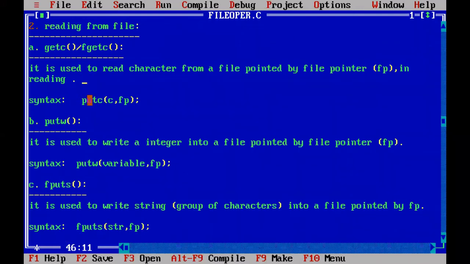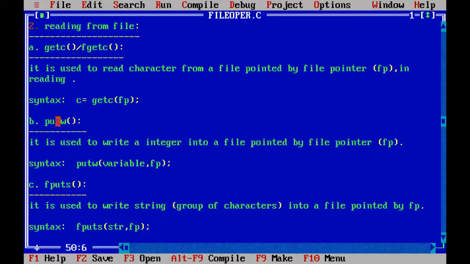And here also the syntax will become what? putc will become getc. And we are not writing a character, we are reading from the file. So it will take only one argument, fp. So from the file associated with this fp, one character is read at a time and it will return to the left side. So that character we will hold with one more character variable c. It will get one character from this file fp and return it to the left side, so we hold that single character in the character variable c.